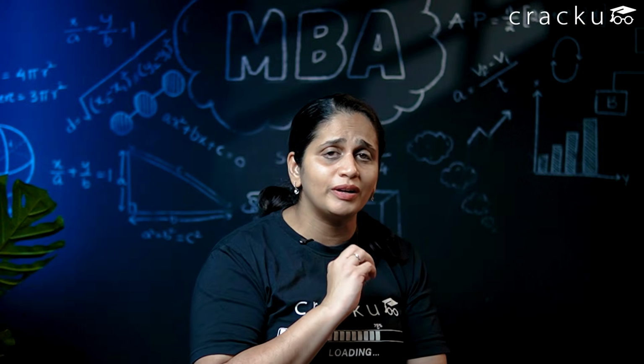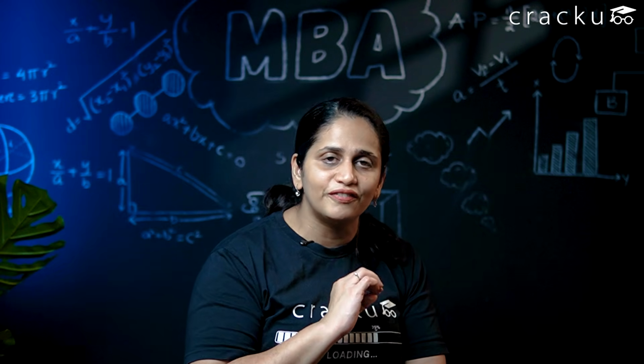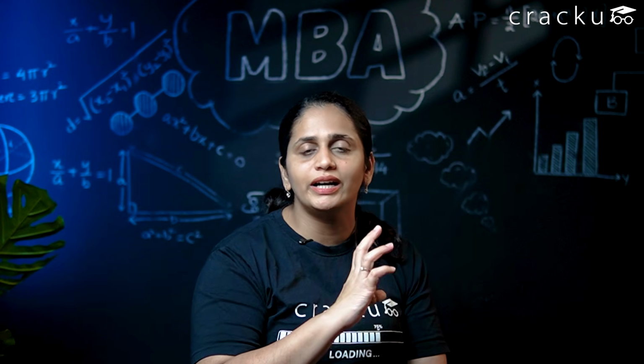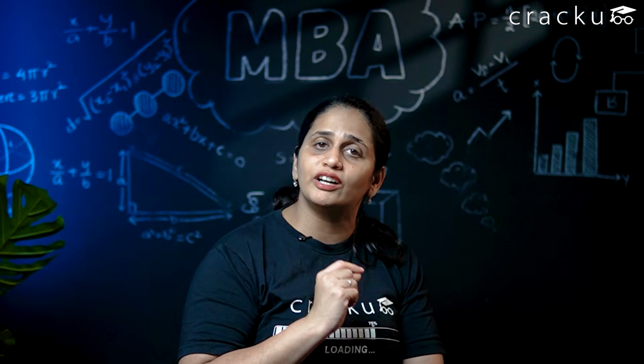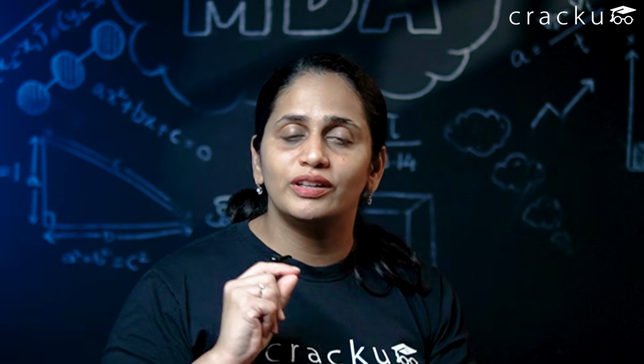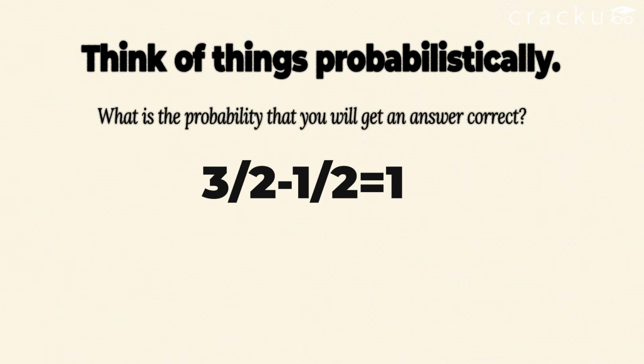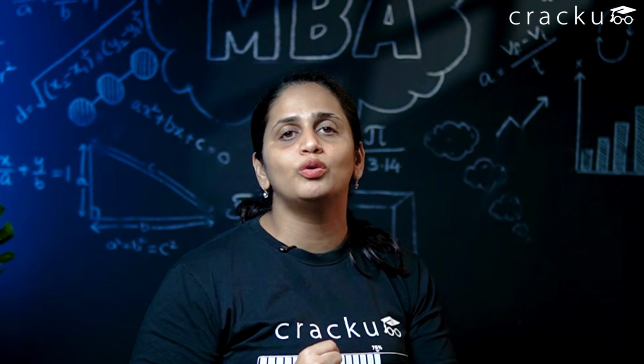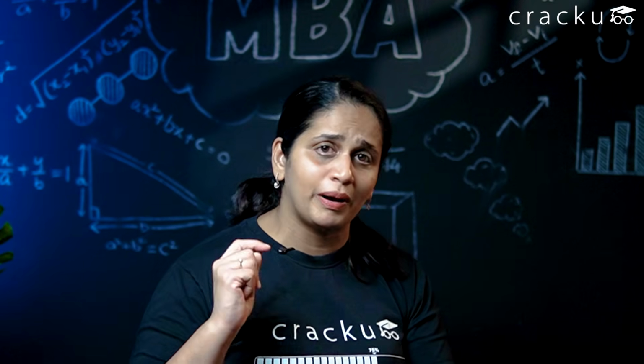Now if you are able to eliminate two of the four options, there will be significant positive value from eliminating two options. Now your probability of getting things right is half and of getting things wrong is half. So therefore, the positive value would be 3 into half, so that is 3 by 2, and -1 into half, that is -1 by 2. So 3 by 2 minus 1 by 2 is 1 mark. So just by eliminating two options, you have gained 1 mark by probability.